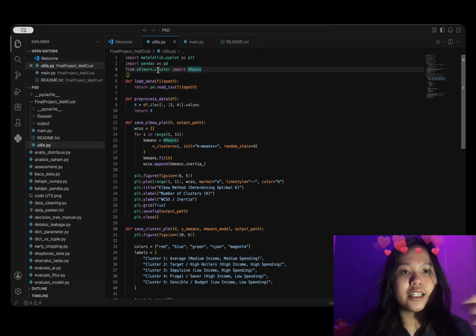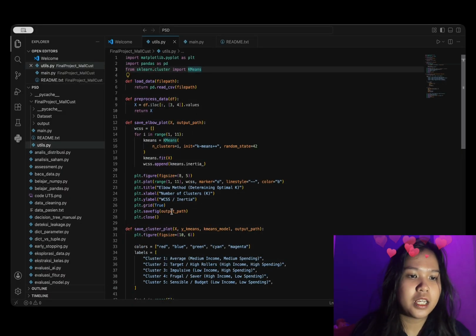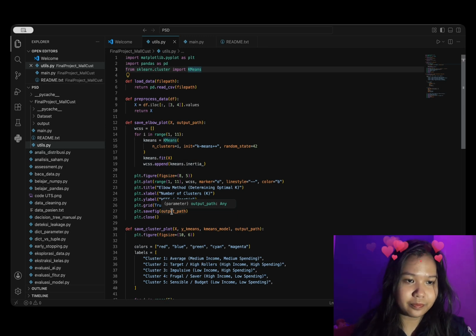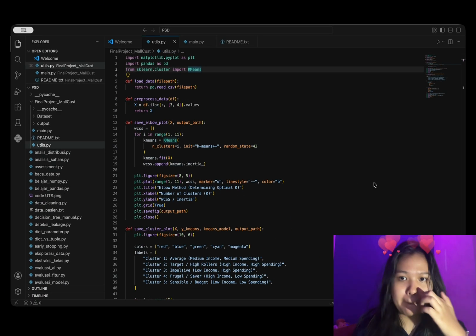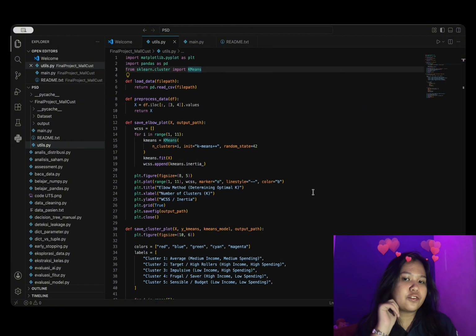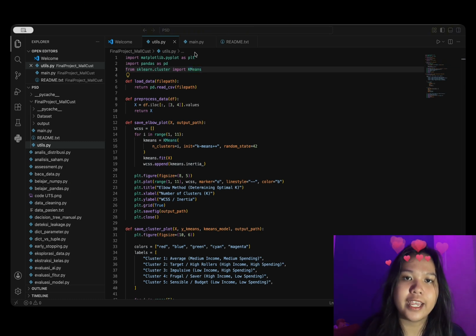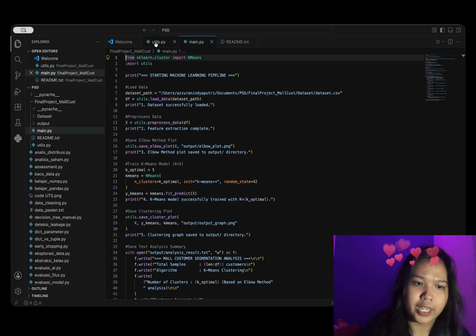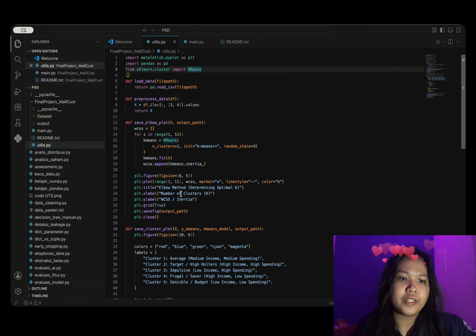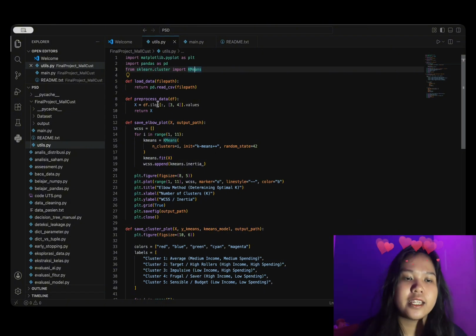Let's just start. As you can see, to keep the code base modular and organized, I split the project into two Python files, utils.py and main.py. First, utils.py.